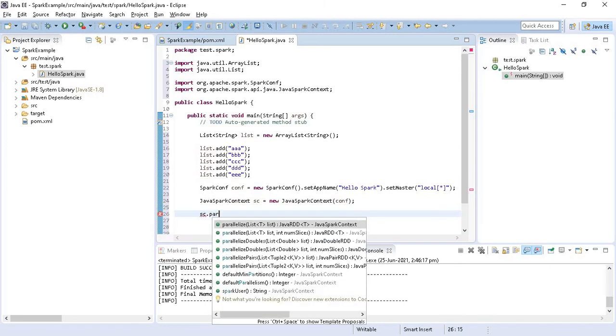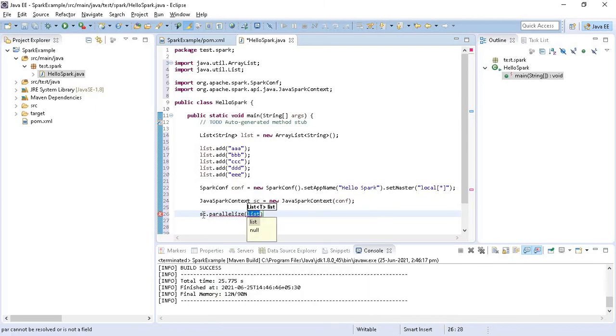So I am going to use this Spark context, and I am using this parallelize method, and I am passing this list as an argument so that a new RDD will be created. The data is a list of string data type, so we are using generics here while creating an RDD. So this is my RDD.